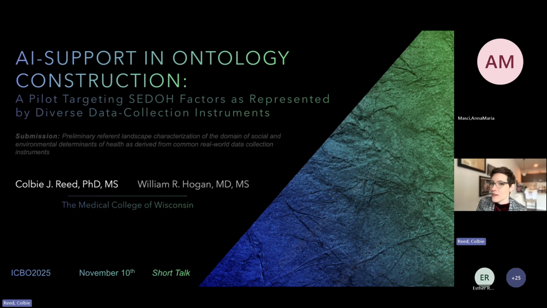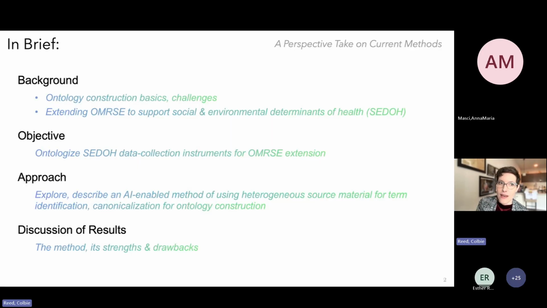Hopefully this talk will bookend the day and align really well with the themes of some of the other talks. But just in brief, I'm going to talk about the context in which we're working, which is starting from the beginning of the ontology analysis and construction process. So I'll introduce the ontology we're expanding upon, and the primary objective that we'll be discussing today is the